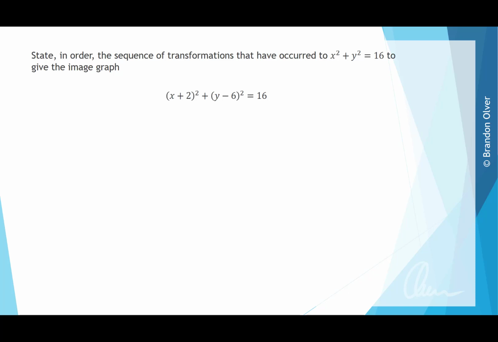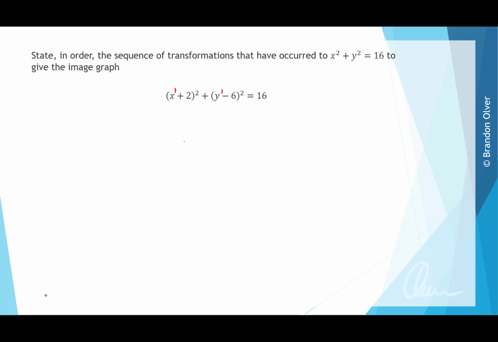State in order the sequence of transformations that have occurred to x squared plus y squared equals 16 to give the image graph described by the equation below. So the first thing we need to do is reintroduce the dashes onto the x and y variables as shown,